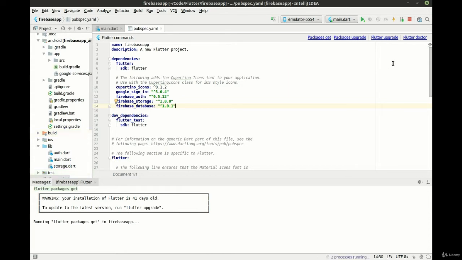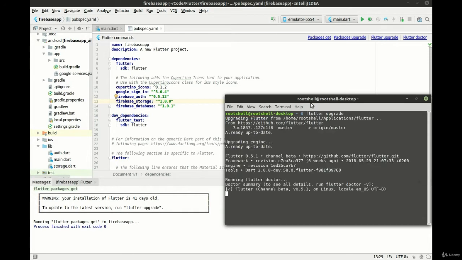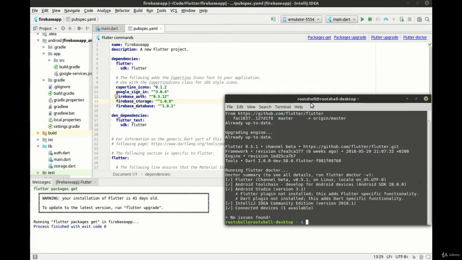Oh, Flutter, you're so funny. Just for giggles, let's do a Flutter upgrade. Which I swear I just did this yesterday, but I digress. And shocker, I still have the same version I had yesterday. But anyways,